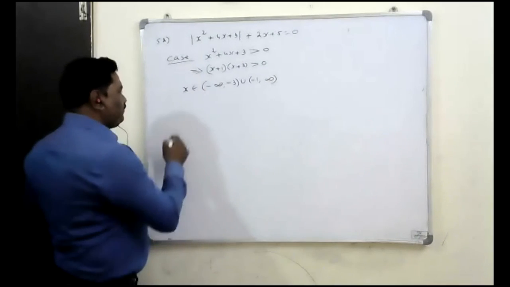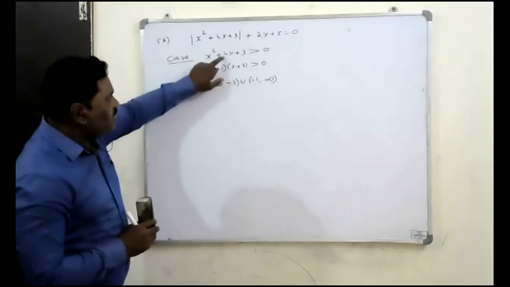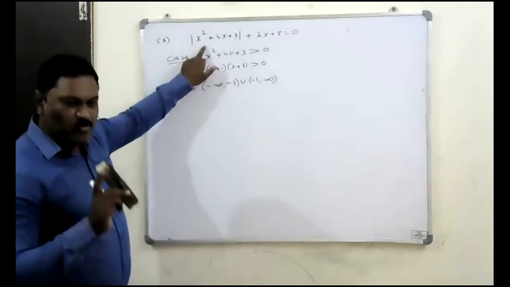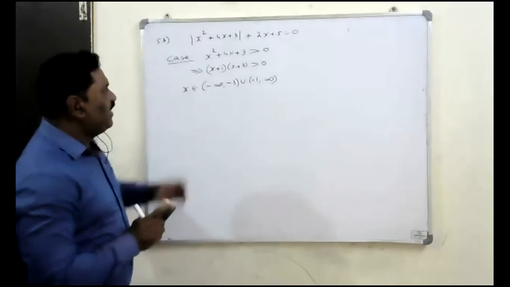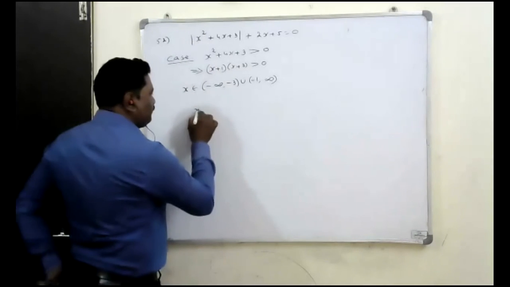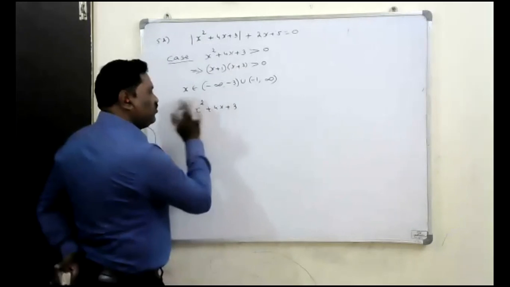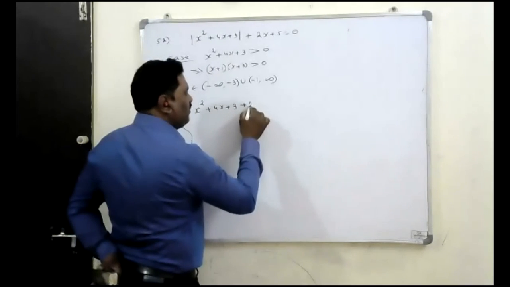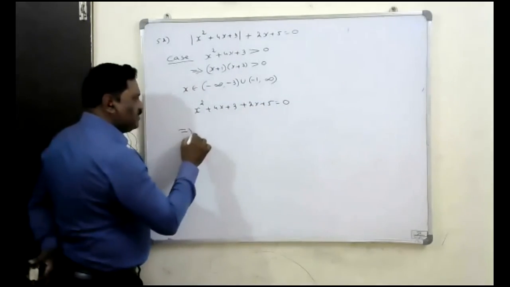Okay. Then, as per the definition of mod x, if this is positive, mod of that means we can directly take x square plus 4x plus 3 with the positive sign only, plus 2x plus 5 is equal to 0. Therefore, this x square